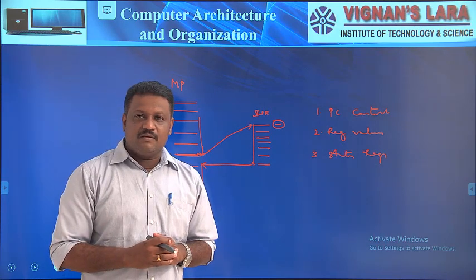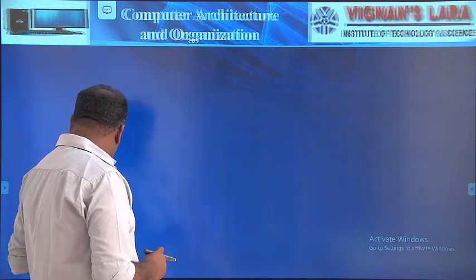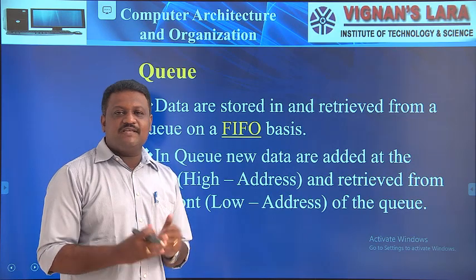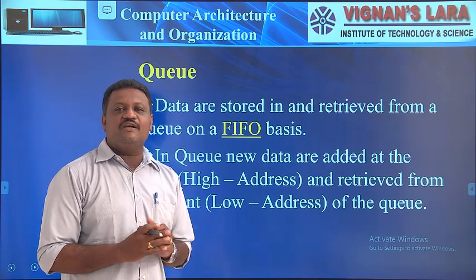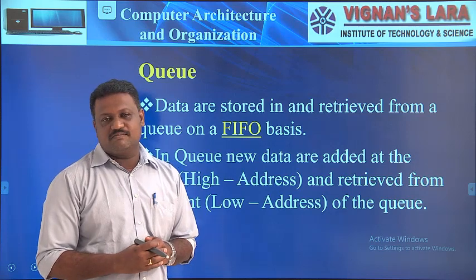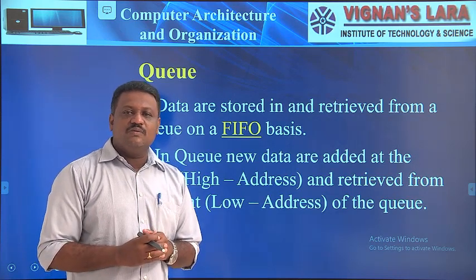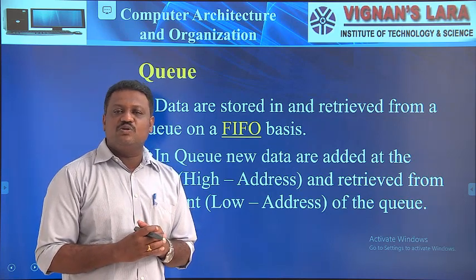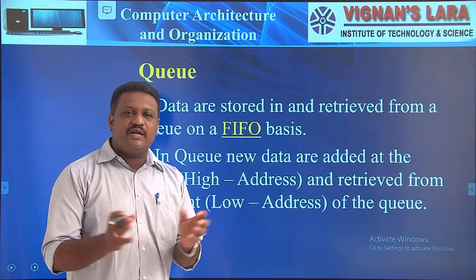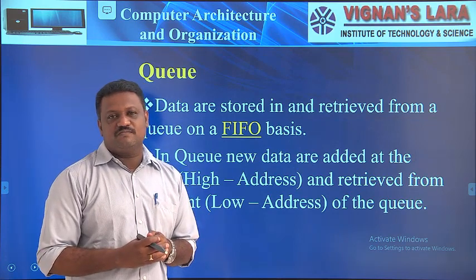Fine. Now I can shift to some other topic, that is queues. Basically there are 2 data types we regularly observe in our systems. One is a stack and the second one is a queue. Now I will try to understand what a queue is, what the basic operations done on a queue are, and what the operating principle of a queue is. At the end, we will try to get the differences between a stack and a queue.